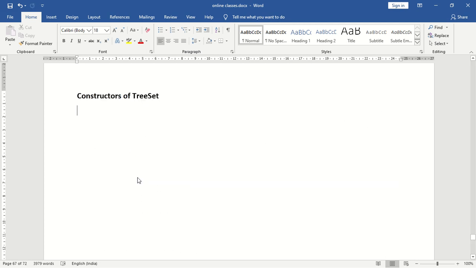Now we are going to see the constructors of TreeSet. So TreeSet totally has 4 constructors. So what is the first constructor? The first constructor is TreeSet t = new TreeSet(). So what is this constructor going to create? This constructor is going to create an empty TreeSet object where the elements will be inserted according to default